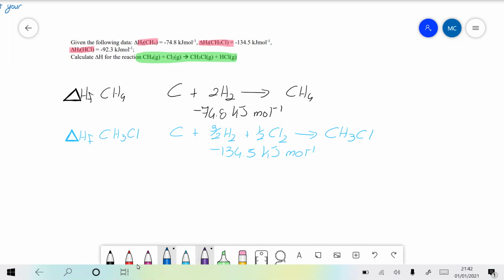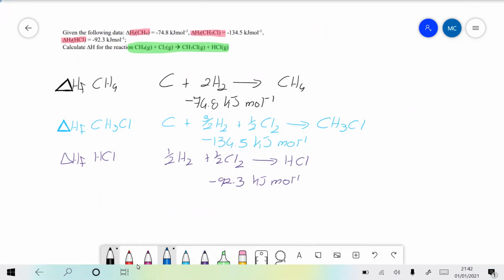We also have the enthalpy of formation of HCl, and this is half H2 plus half Cl2 to give HCl, and this is minus 92.3 kilojoules per mole. And we have the last reaction given, that is CH4 plus Cl2 to give